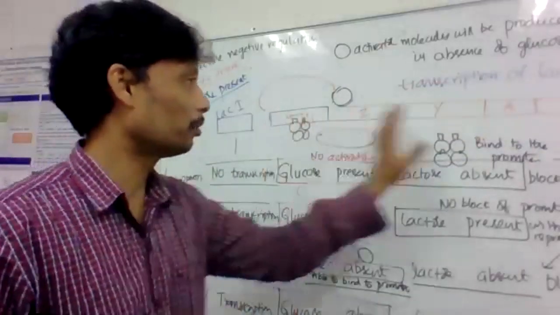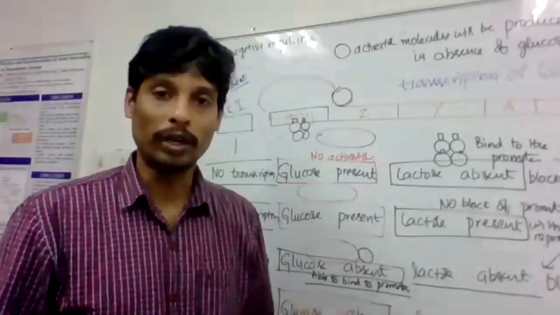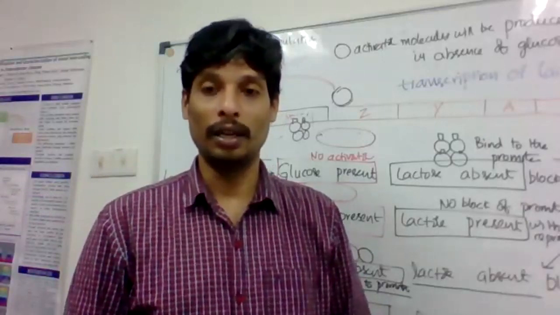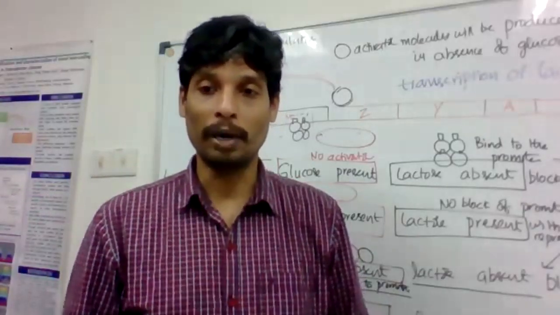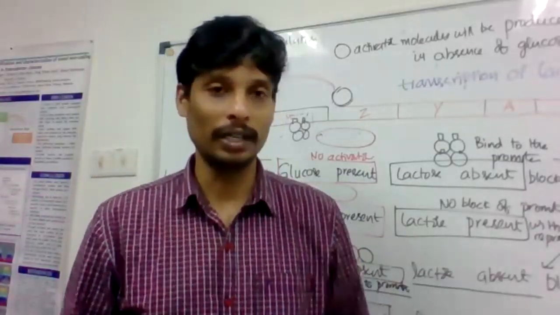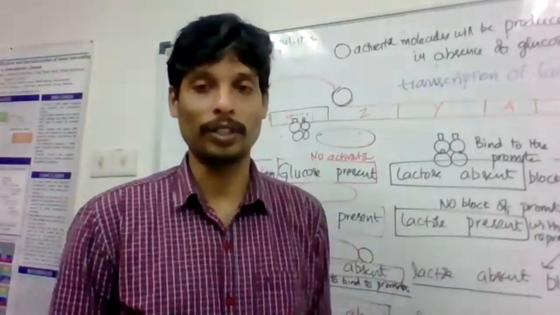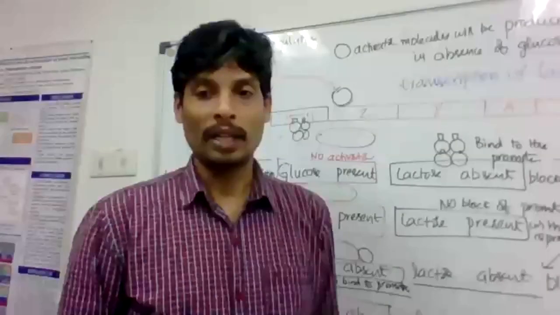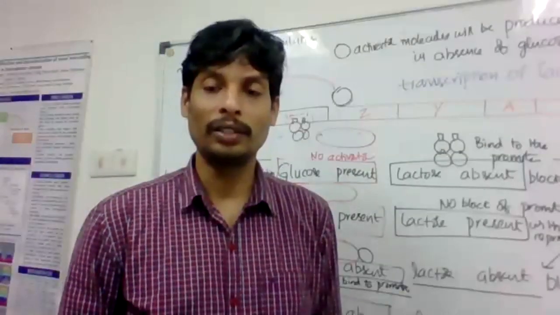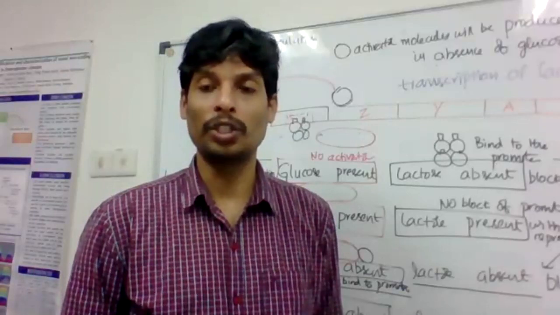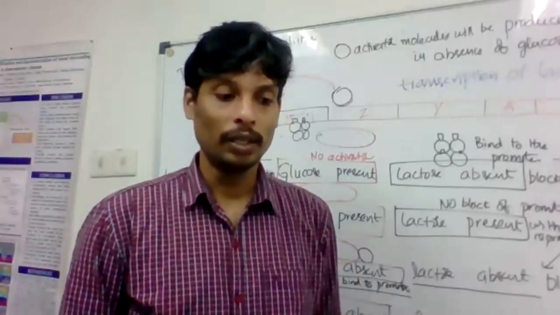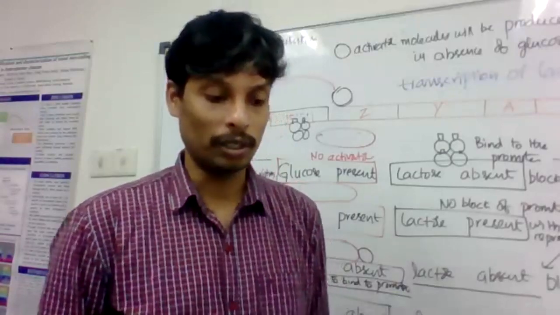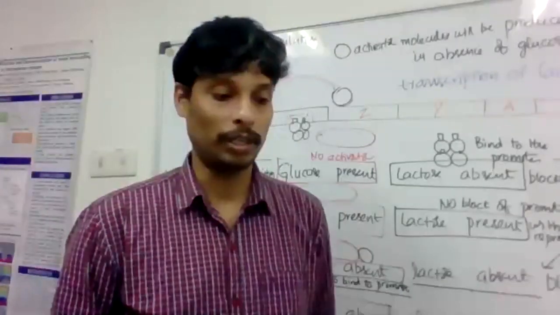There is a lot of nucleotides that need to be utilized for RNA synthesis, mRNA synthesis, and protein synthesis, unnecessarily, when it is not required. So this is one of the excellent examples of how bacteria utilize energy efficiently whenever it is required. That is one of the nice examples of simple gene regulation in bacteria.